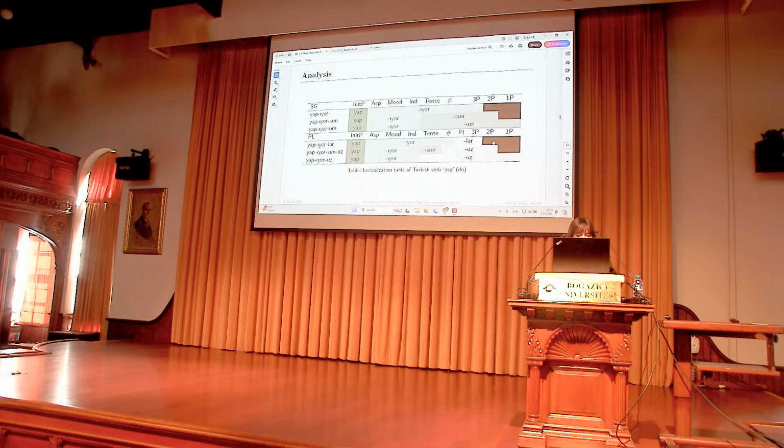It would be kind of problematic because if you look at the plural paradigm, we see that Sun is preceding the plural marker, even though the plural feature precedes the agreement suffixes. So you would expect not yapıyorsunuz, but yapıyoruzsun, which doesn't make sense. So I assume Sun has a bigger tree,